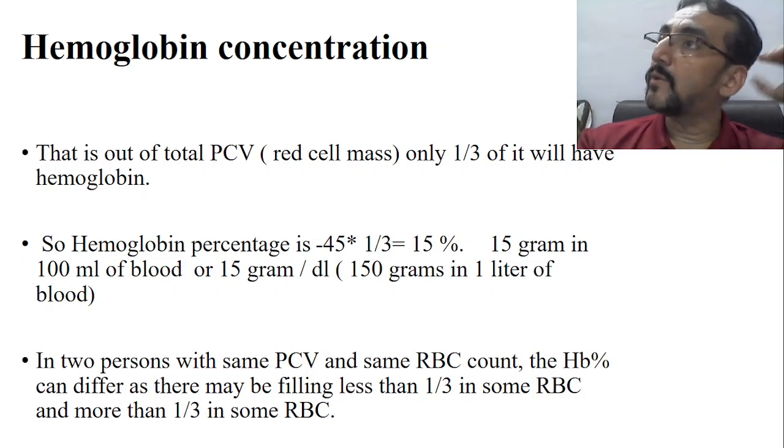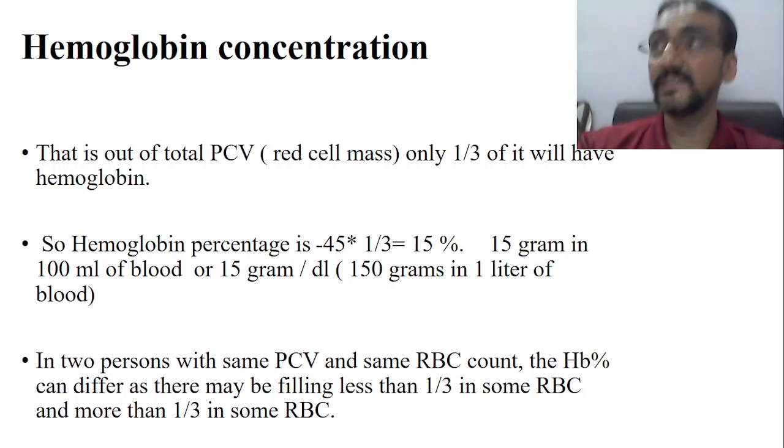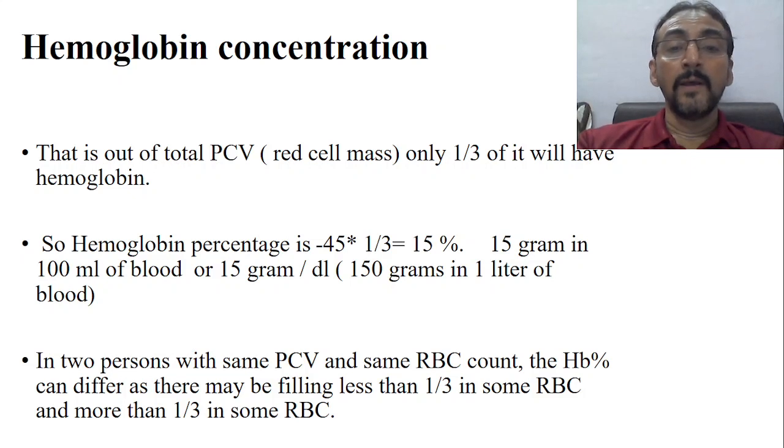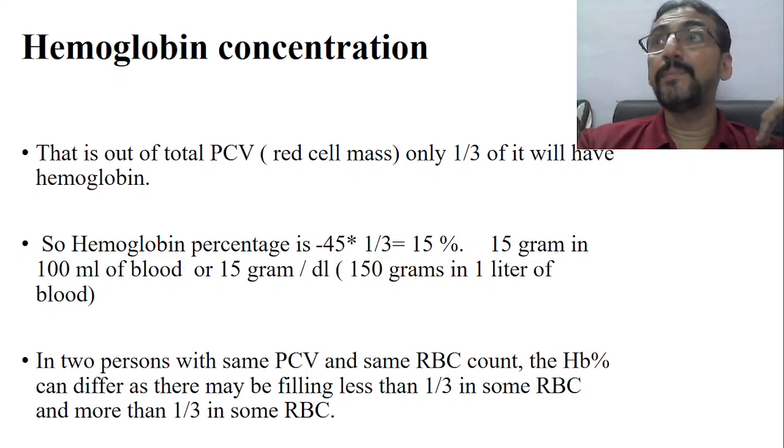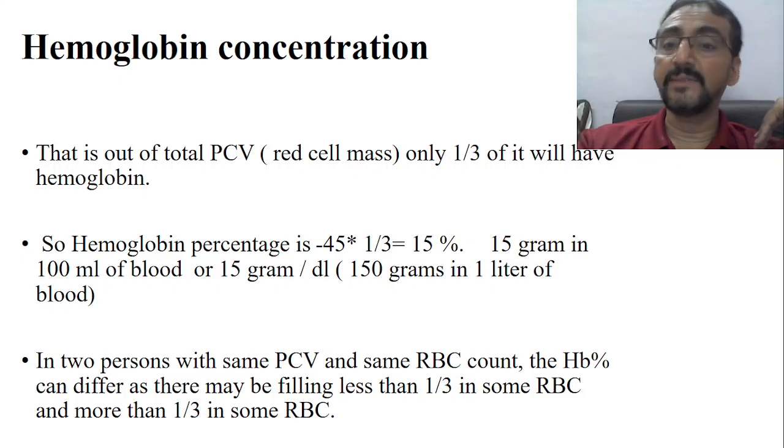So this is how we have to understand the hemoglobin percentage. First we understood PCV, then we understood the red cell count, and then we understood the hemoglobin concentration. Now, suppose there are two persons with the same PCV, दो लोग हैं, दोनों का PCV is same, and they're also having the same RBC count,